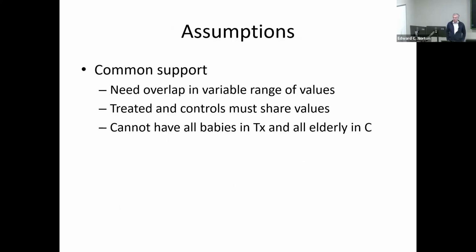All right. What assumptions do we need? We need what's called common support. We need overlap on the covariates between the two groups, as you would for any other matching, okay? So unless you have really bizarre cases where you're comparing babies in the treated group with elderly in the control group and there's no overlap on age, in most situations, we're going to have overlap, it's going to work. And the beauty of this is we're not going to have to match this observation with this observation. It's more of a collective thing where overall we're going to match on the means and variances.